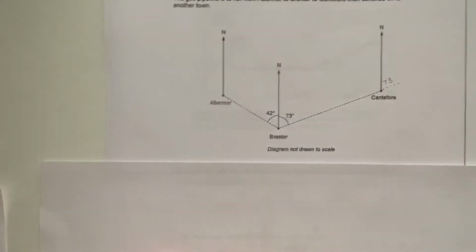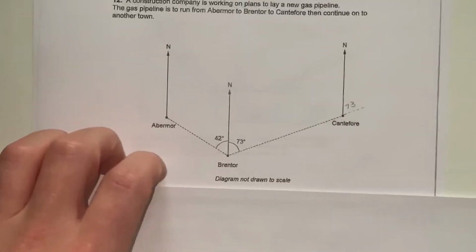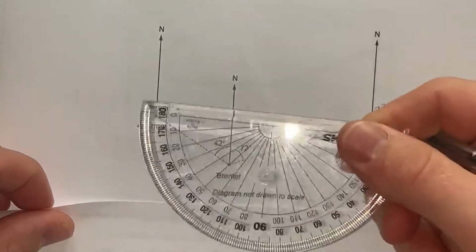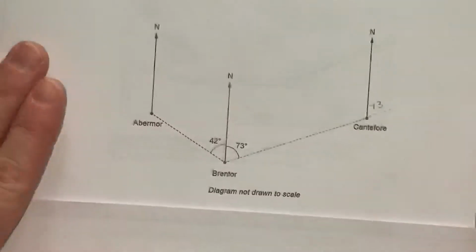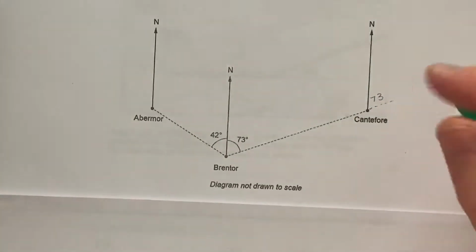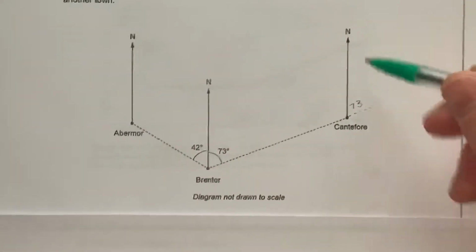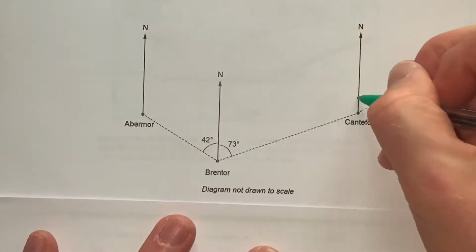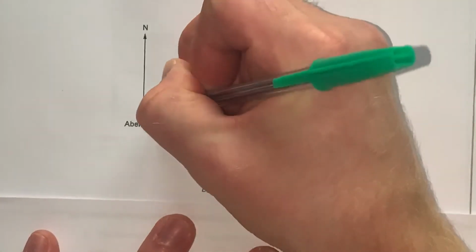Okay, right guys, what we need to remember when it comes to angles in bearings, when it says not drawn to scale, you cannot use this. That's the first thing, cannot use it. Second thing is, when you've got north lines, they are always going to be parallel because they're always obviously facing up. So you can actually use your laws of